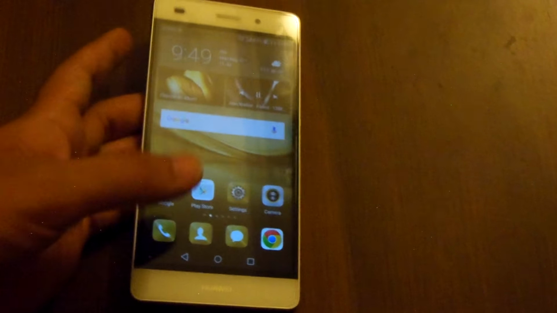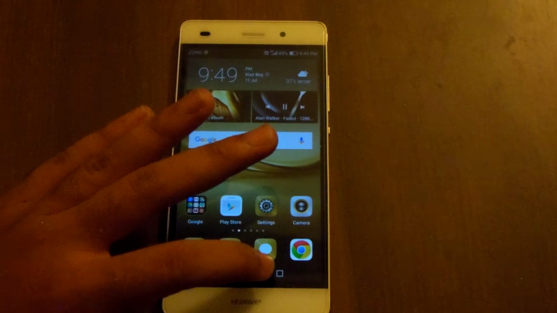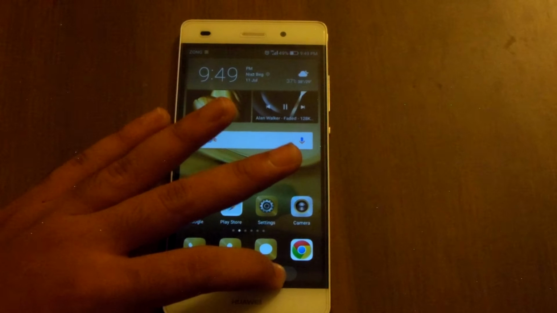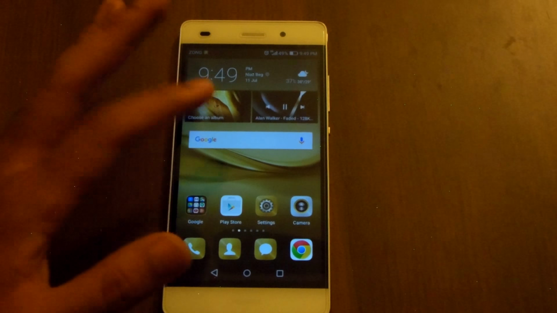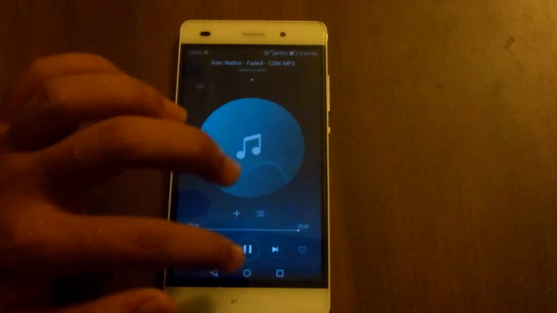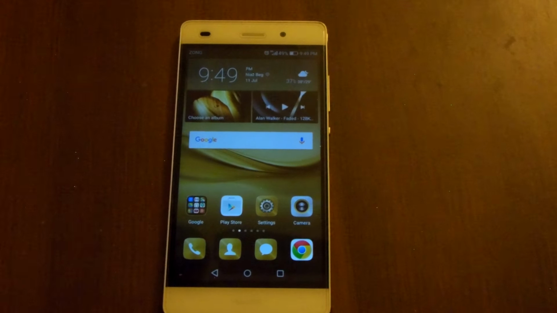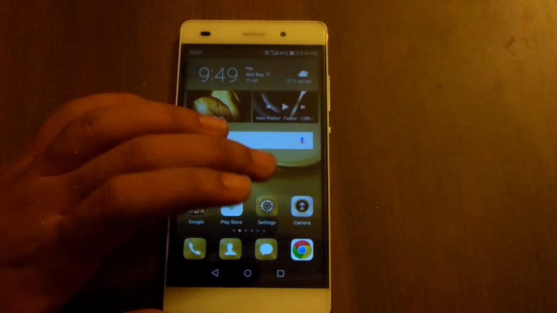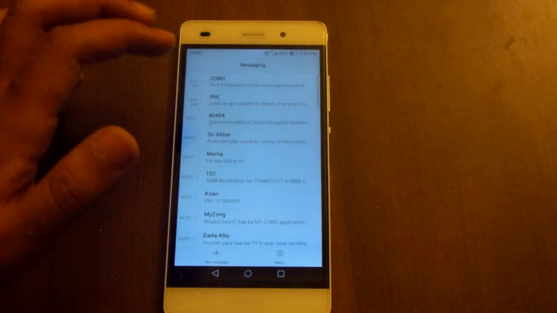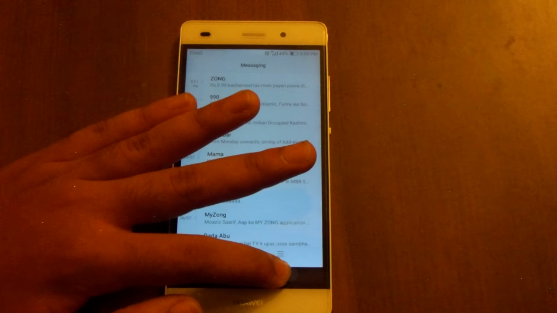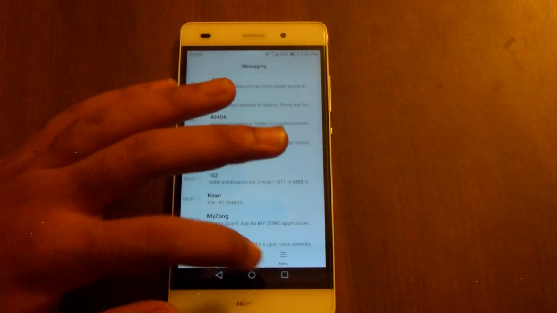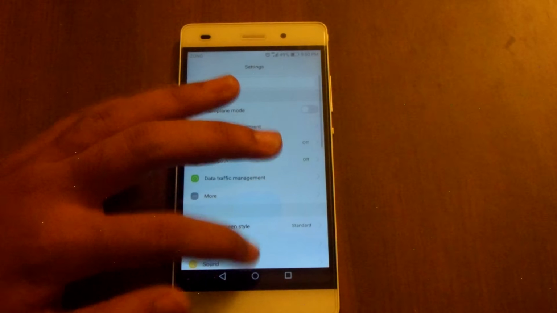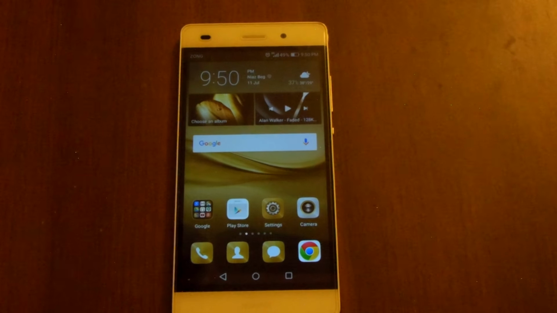The first thing you'll notice is that you do not get the feature you used to get when you long pressed the recent menu button on Android 5.0 Lollipop. Let me pause the music. You used to switch to the previous application opened in the background. For example, I opened settings, now I open the messaging app, and if I long press this recent menu button on Android 5.0 Lollipop, I would have been automatically switched to settings, but that feature is no more there on Android 6.0 Marshmallow.